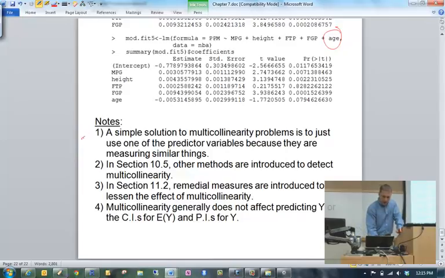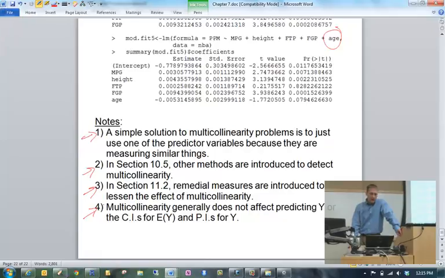So I already talked about this first note. In Chapter 10, we will look at other methods to find when multicollinearity happens, because multicollinearity can also happen when, let's say, two variables combined in some way are basically a third variable itself. If you just look at a regular old correlation between two variables, that's not going to help you find that. Section 11.2 discusses ways to lessen the effect of multicollinearity if you want to actually include all the variables in your model. And lastly then,